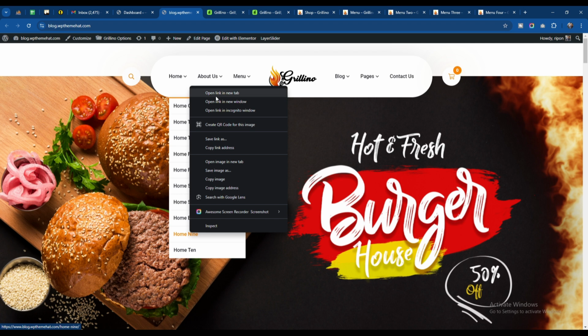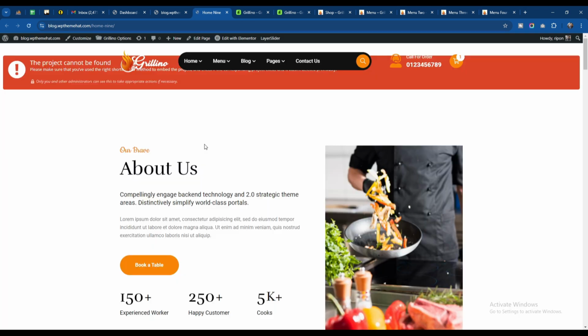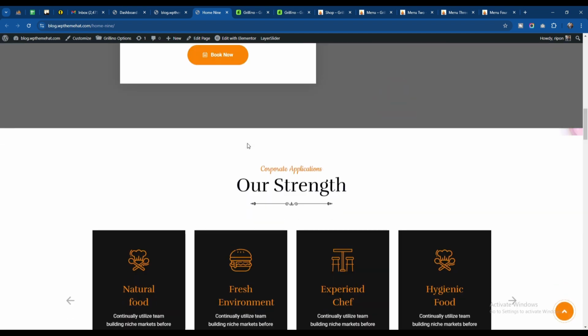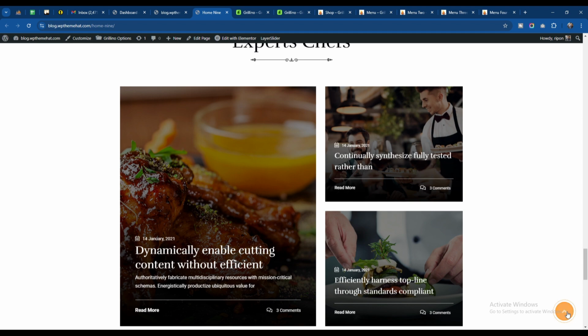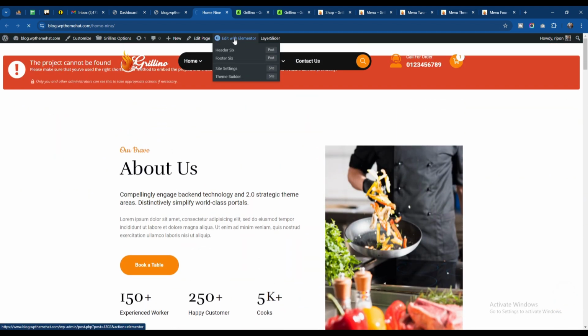And if we go to the home page 9 here, then you will see the project cannot be found, this error here. We need to fix this error first. After that, we will proceed on our next step. So if we click on the edit with Elementor button here,